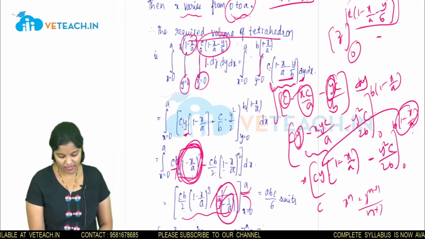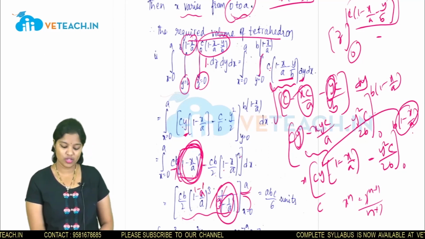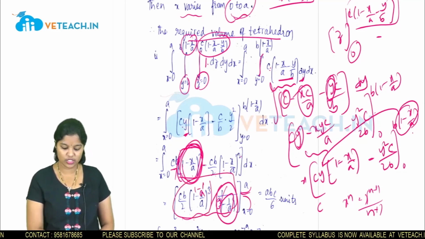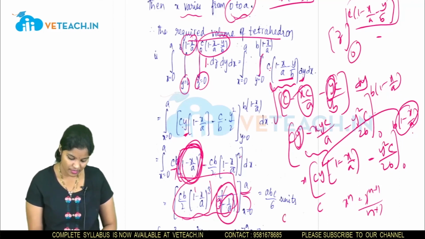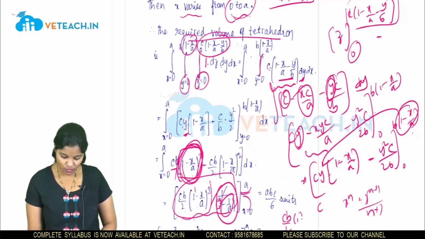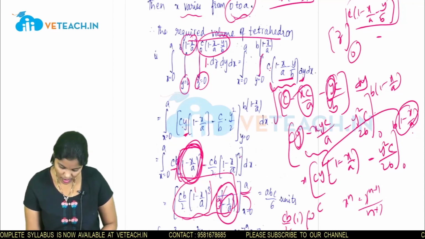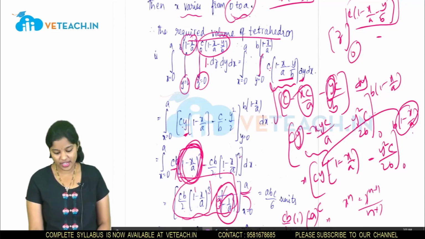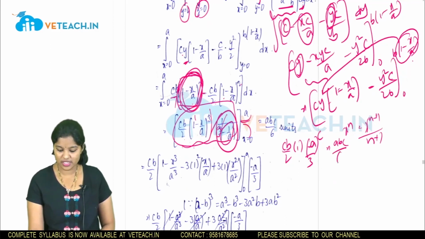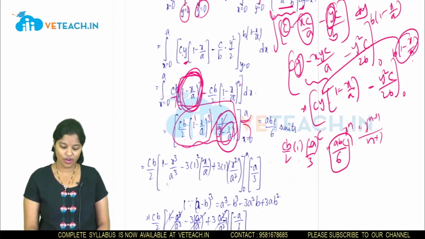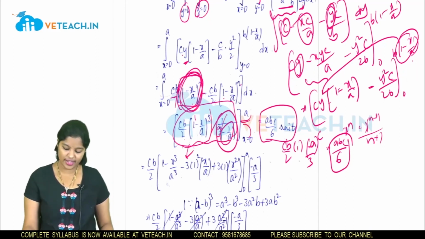If we substitute a value here, what we will get? 1 minus 1, that is equals to 0. That means this whole term will be equals to 0. And again if you substitute 0, what you will get here? CB by 2 into 1, and this 1 by a will be written upside. We will get ABC by 3 into 2, ABC by 6 units. So the volume is ABC by 6 units. So that is proved here.